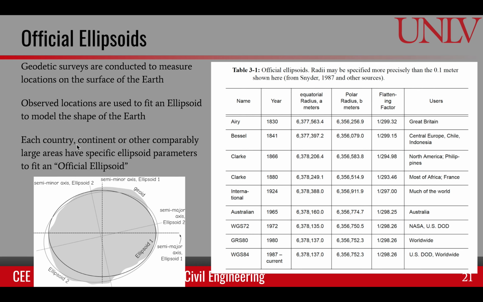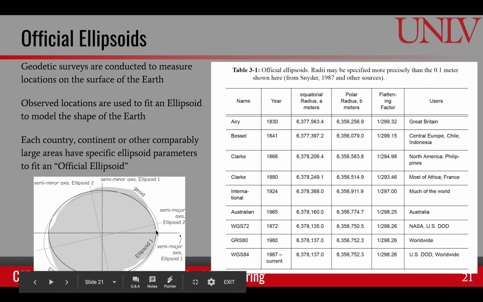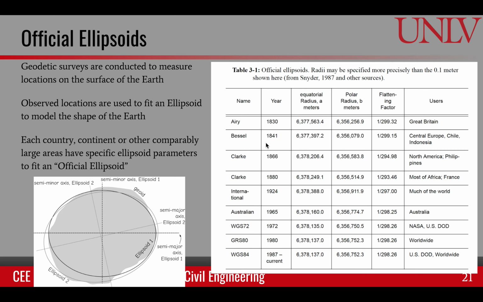Now, many countries and continents, based on their size and their scale, have their own surveys, and so they end up fitting their own ellipsoid. And this way, we end up with having many ellipsoids that are best suitable for different parts of the world. For example, if ellipsoid 1 is suitable for one part of the Earth, it may not be suitable everywhere, and we may need another ellipsoid, ellipsoid 2 in this case, to model the Earth if we were in a different